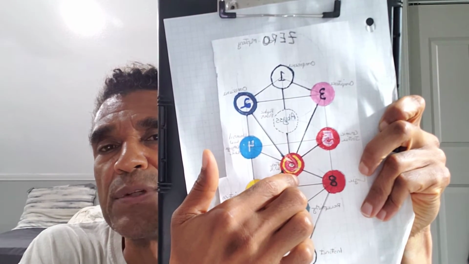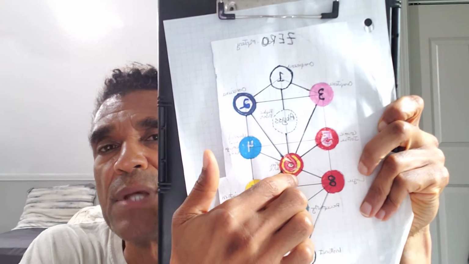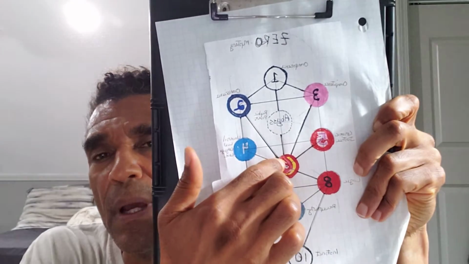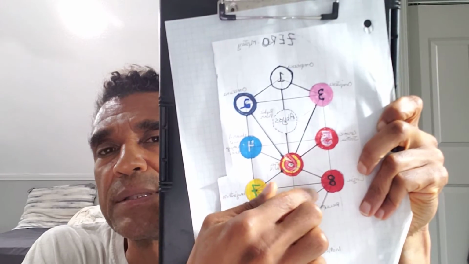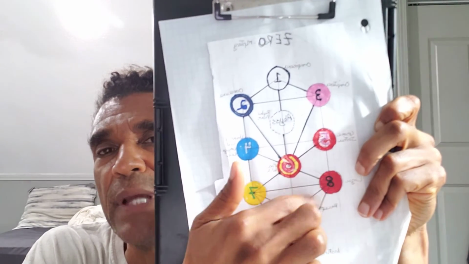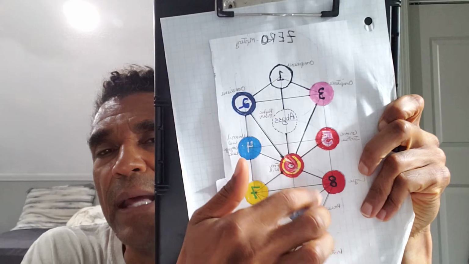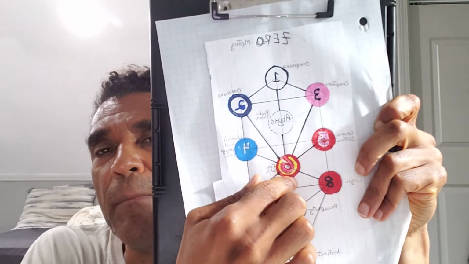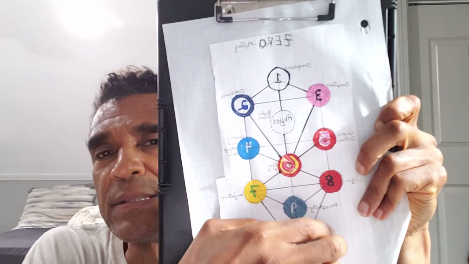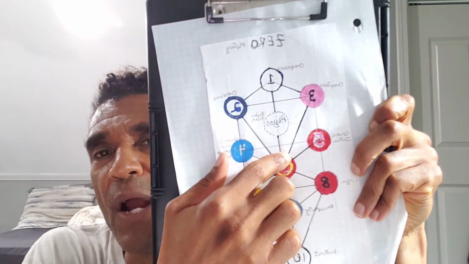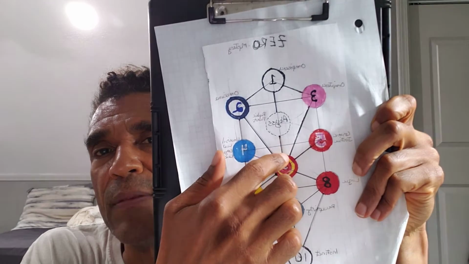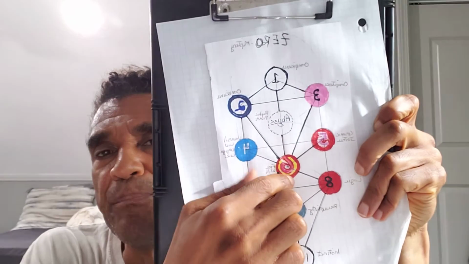And the first of those decisions that we must make is to turn around our attention, because our attention is focused generally down here at the bottom of the tree, especially 8, 9, and 10. But if we can make the decision to avert our attention from our lower aspects and focus it on our higher aspects, then we begin to make progress on the spiritual path.